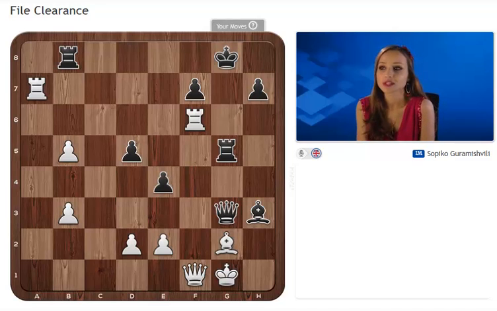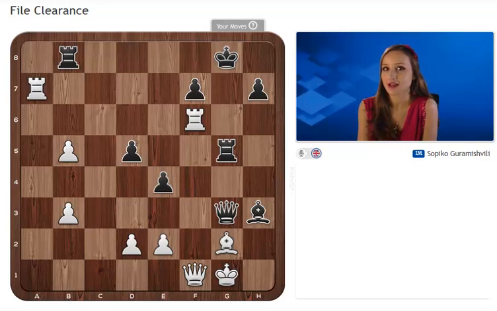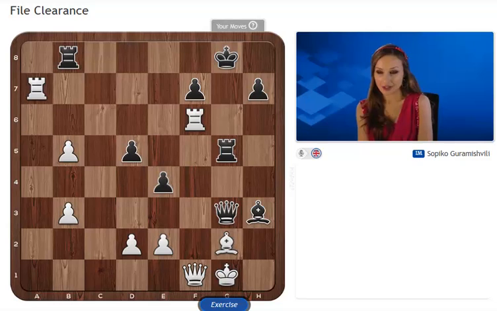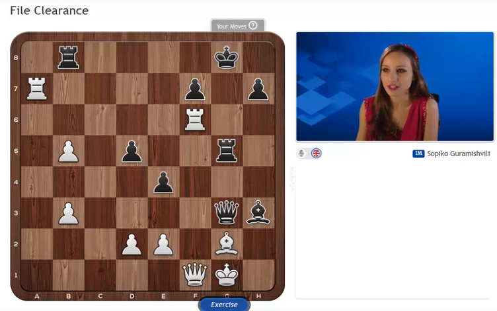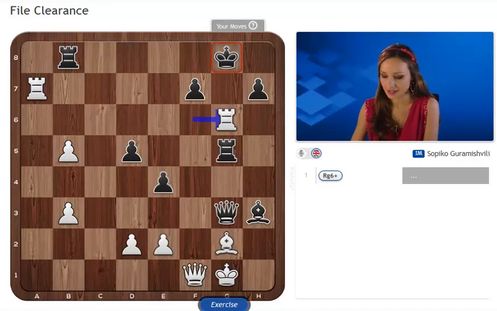Very complicated position, but here Lacko missed the opportunity to win the game. It is true that Lacko missed the opportunity, but I hope you won't miss it. Do you see the file clearance? Hopefully you did. So the move here is rook g6. A very nice move